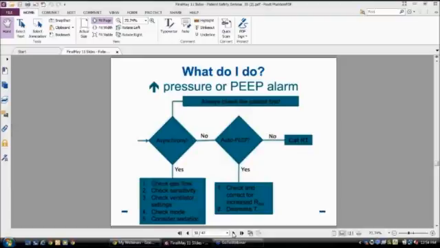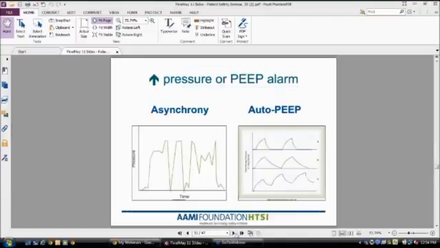And then if you're just not sure, or you've searched for all of these things and none of these seem to fit, call your local respiratory therapist and start troubleshooting the situation with them. And then before I turn this back over to Jen, these are just a couple of pictures of asynchrony and